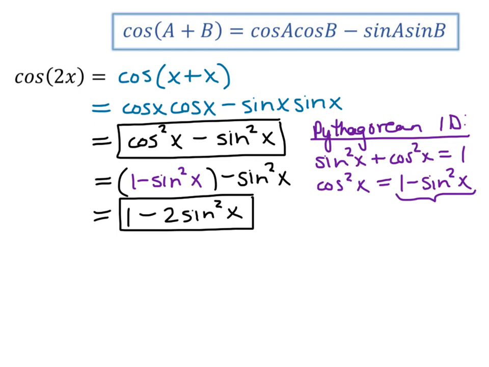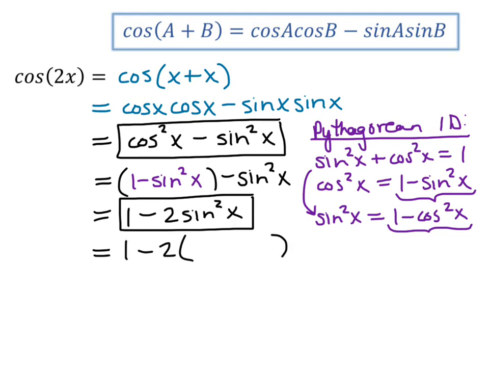So I'm looking at the first step of our Pythagorean identity in purple over here. If we isolate sine squared x by subtracting cosine squared to the other side from 1, rewriting it as 1 minus cosine squared x, we can substitute that in place of sine squared x, deriving from the Pythagorean identity. So, taking a look at what we have here as the second result, I can substitute sine squared x with 1 minus cosine squared x,